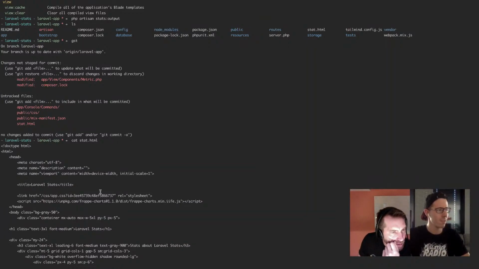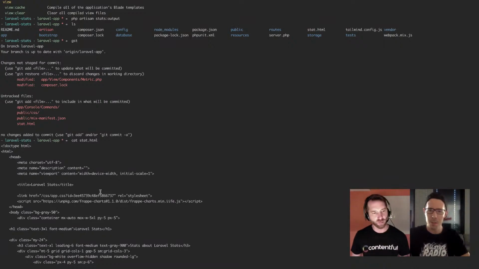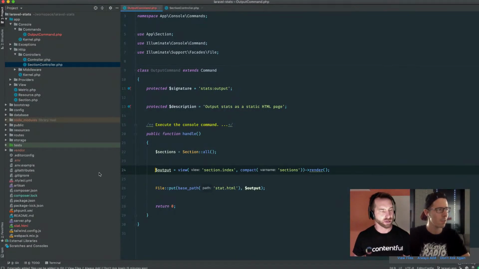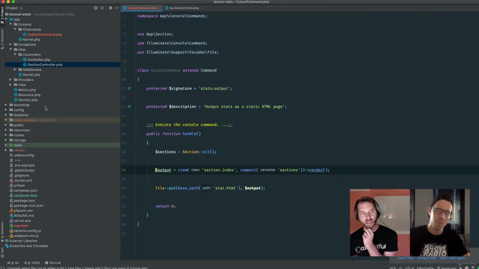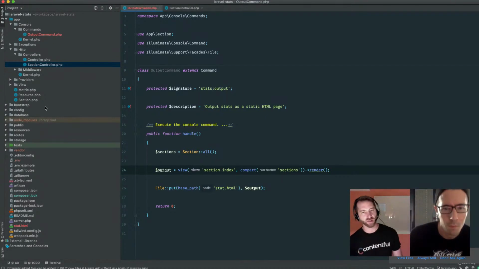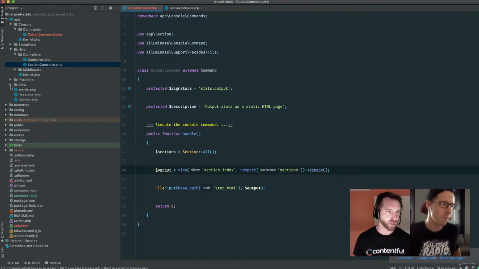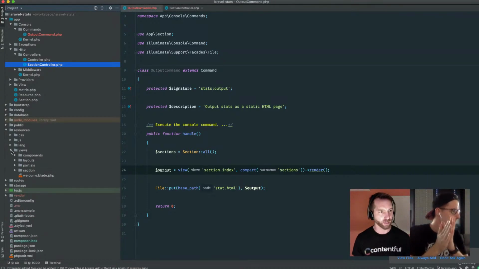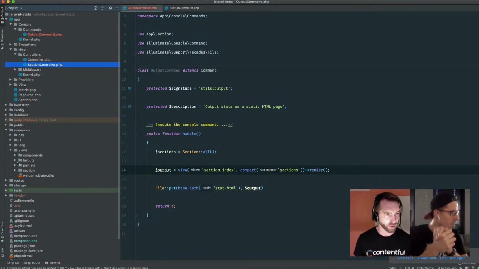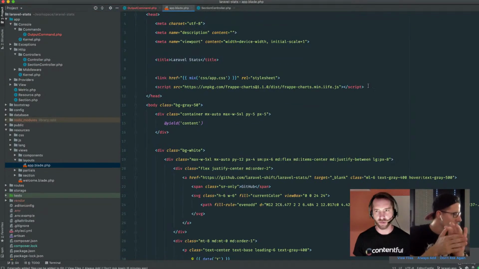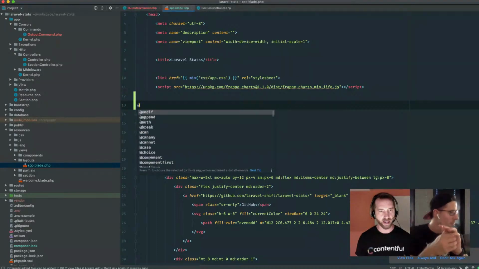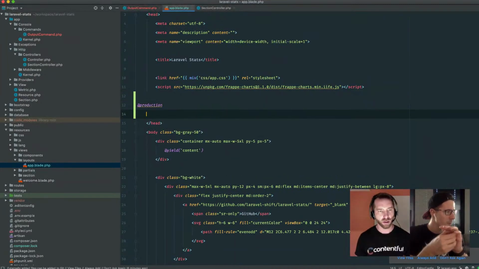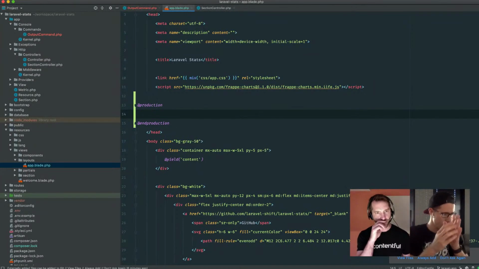Cool. And it's doing mix, which is probably fine, I think. I want to test one more thing. I want to make sure that when we output, it's outputting like the production version of the app. So let's say we add some analytics to this, right? So I want to make sure that we can set the environment, which I know we can do with Artisan, but let's just kind of prove this real fast by going into the layouts. And I'll just do something real simple in the head and say something like @production, and we'll @endproduction. And we can say something here just like,